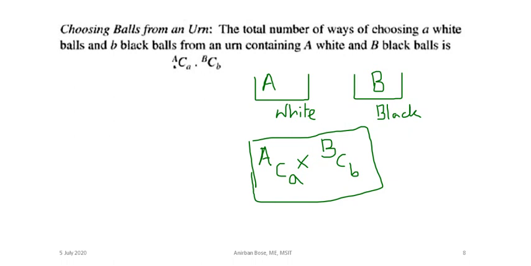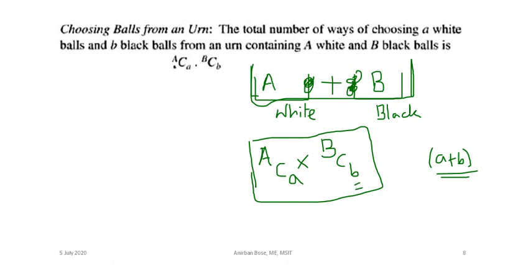So you can think of this as a single urn basically. Actually the problem is that it is a single urn and it contains both white and black balls. So capital A number of white and capital B number of black balls are there in that urn, and from that you are basically taking out a total of small a plus small b number of balls, and the question is how many ways is it possible that exactly small a white and small b black balls will be there. So this is the answer.